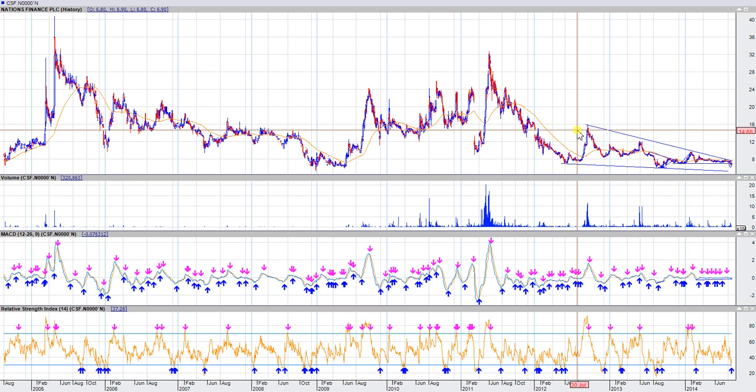Okay, now any of these traditional indicators do not give you what you call the reversal point, where this trend will reverse. So it's only through Fibonacci retracement tools that we can identify the reversal points. Okay, so that's about it on Nations Finance PLC. I think I have covered extensively on this, and let me go back to my previous post which I did